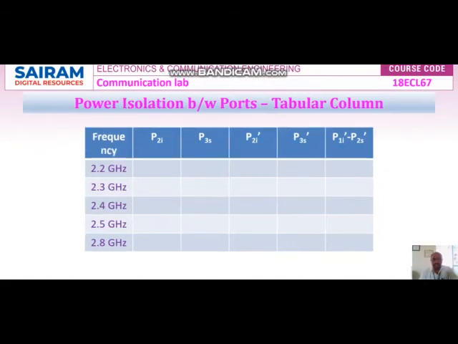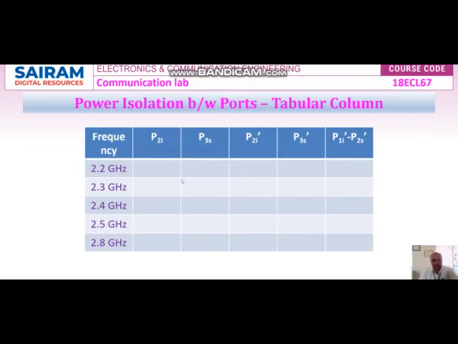Next, we are going to find out the isolation between the ports. See, out of the 3 ports in the power divider, port number 2 and port number 3 are the isolated ports. So you have to give the input power at port number 2 and measure the output power at port number 3. Got my point? Same procedure. First find out the input power, which means P2 high. We call it P2 high because we are connecting P to port number 2 of the power divider for finding the isolation loss. Understood? And measure the input power at various frequencies.